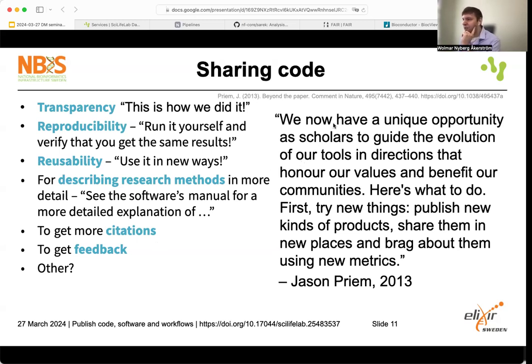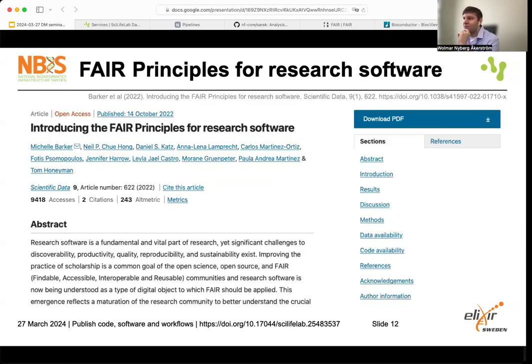And this is a moving field for sharing code and software. I think there needs to be some development on the best practices here, and some of that might be good to do in certain communities, and I think there are some examples of that. But in this case, I'm going to go through just some examples of resources that you can start looking at and that can inform some of your practices for sharing research software. And one here is a paper